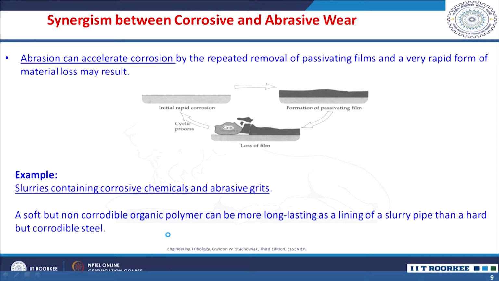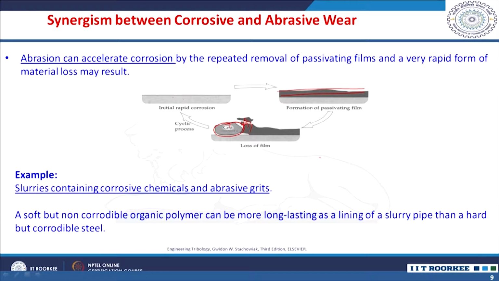So, the material removal in such corrosive and abrasive wear conditions is because of the synergetic effect of this corrosive and abrasive wear. You see here, initially there is rapid corrosion. You will have a film, and because of the abrasive, hard grit or hard asperity coming in contact, this film will be broken, and then again the cyclic process proceeds with corrosion, but now at a very rapid rate. Then again the material forms a passive film, and again material is removed. So, it is a continuous process.